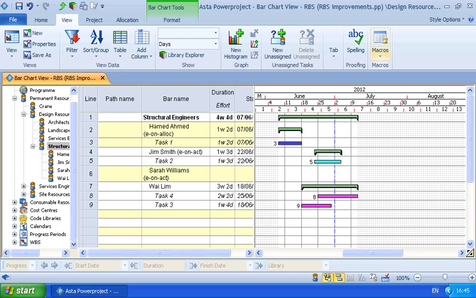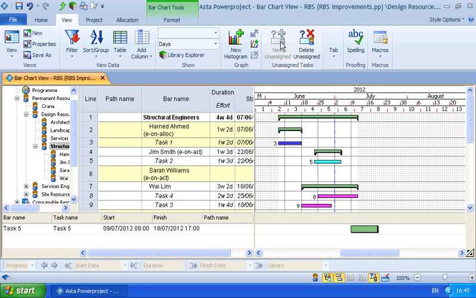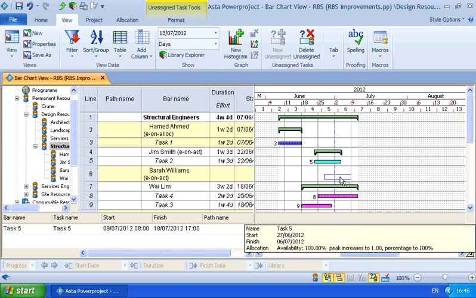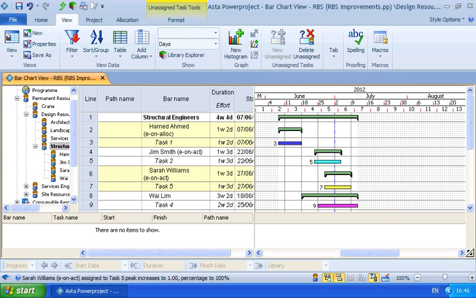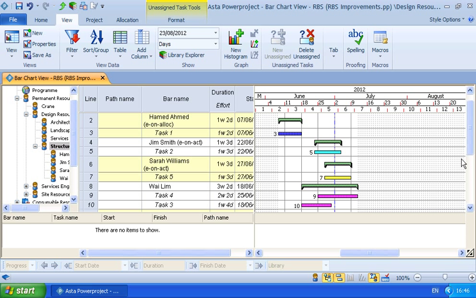them. We can also now, when working in an RBS, have an unassigned task pane, and by clicking the button on our toolbar on the view section of our ribbon, we can show a view at the bottom of the screen which shows unassigned tasks, tasks that currently have no resource assigned to them. And we can use this view to drag and drop and make allocations. So it makes resource management much easier, and when working in an RBS, have features available that allow you to manipulate